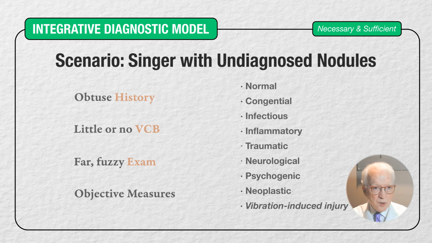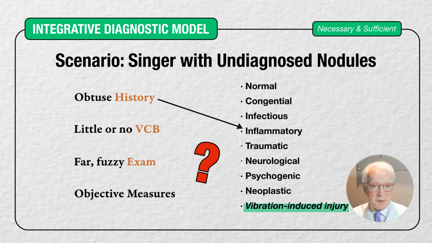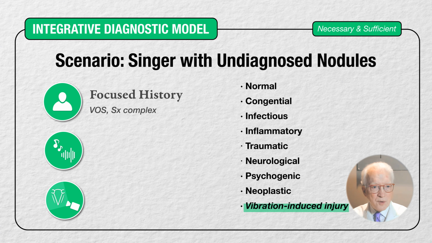This is not what you get. Let's say you have a singer who has so far undiagnosed nodules. If you take an obtuse history, you may say, well, this must be inflammatory, I guess it's reflux. If you don't interact with the voice and the patient's speaking voice sounds quite normal, then you will overlook the idea that they have a vibration-induced injury. And if your examination is fuzzy,